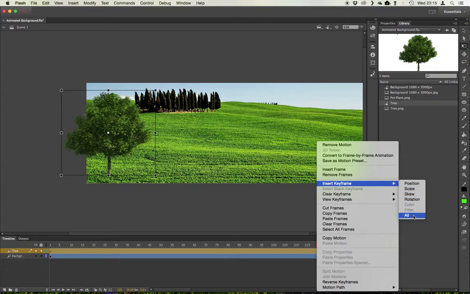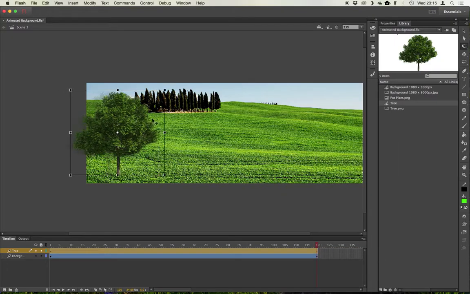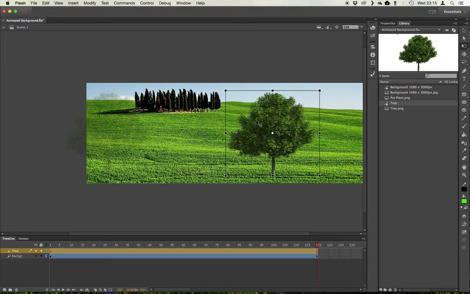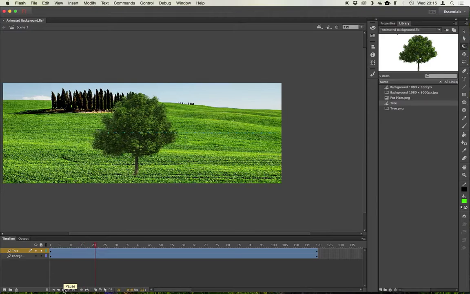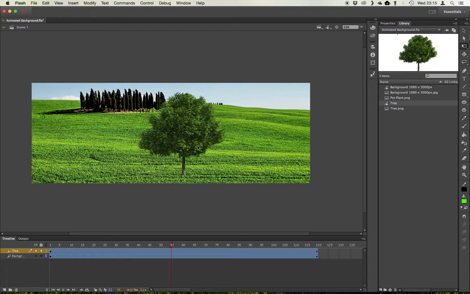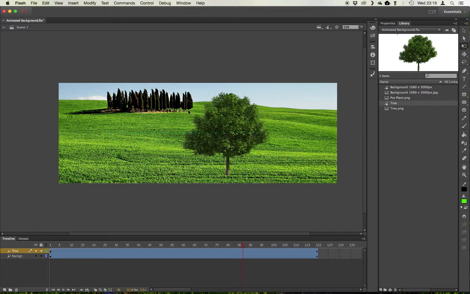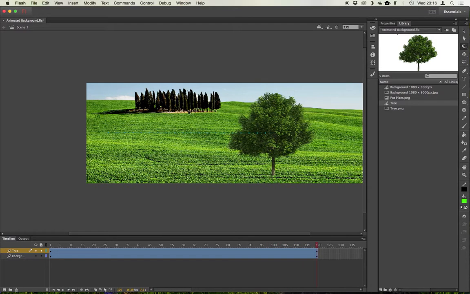I'll go to all. And I want to move this across, but I want to make sure it moves further than my background because it's closer to us. The background should move less. And we can just click on play to test that. So it's moving slightly faster there and it gives the illusion of depth. We can now do exactly the same process with our final image, our pot plant, but it's got to move even faster again. So make a new layer,